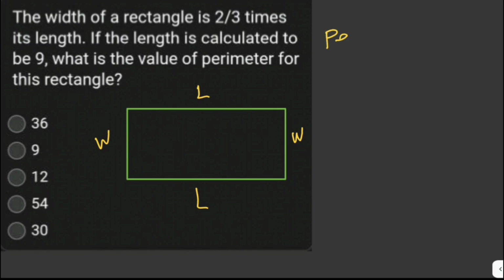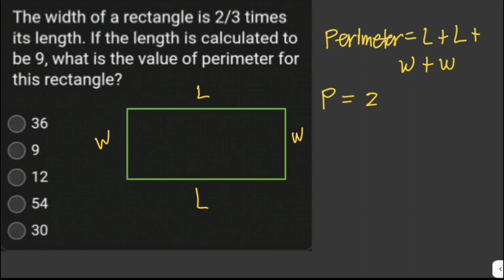That can be perimeter equals length plus length plus width plus width. Or we can use the formula P equals 2 times the length plus 2 times the width. And now it's given here that the width of the rectangle is 2/3 times its length. So let's write that